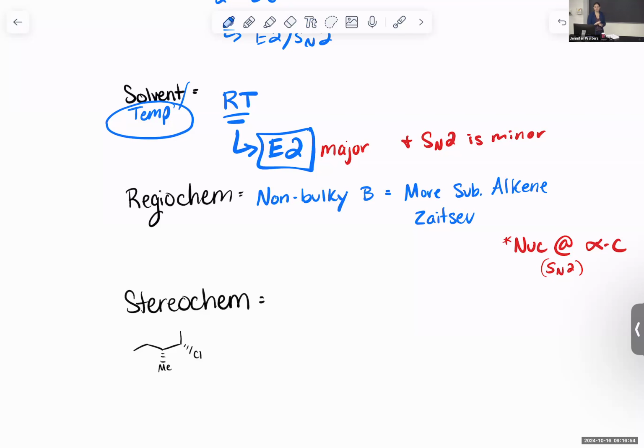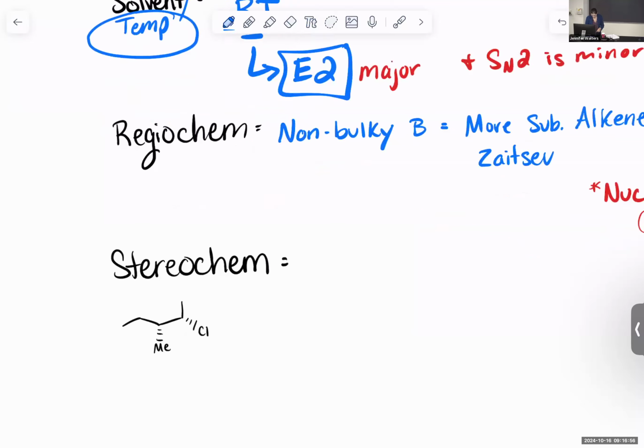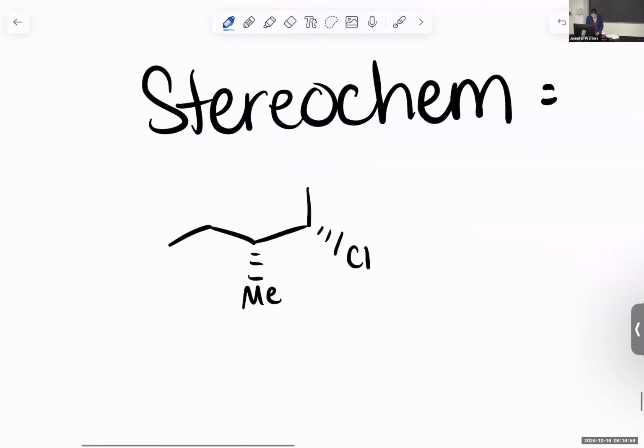We need to look at how many hydrogens are on the beta carbon. So I redrew it down here for us. We said that we're taking it from this left-hand side, the more substituted side. So what does that tell me? If there's only one beta hydrogen,